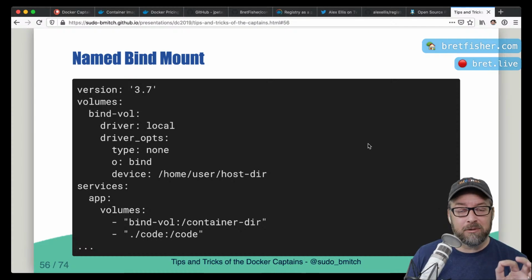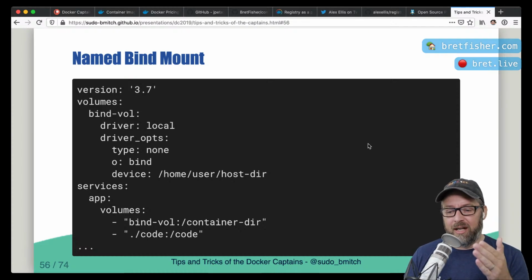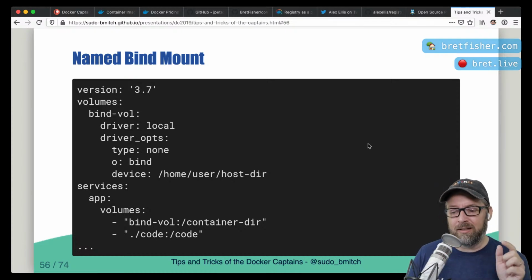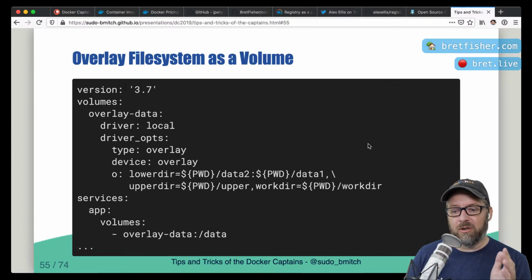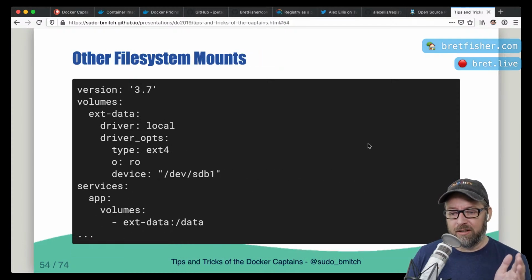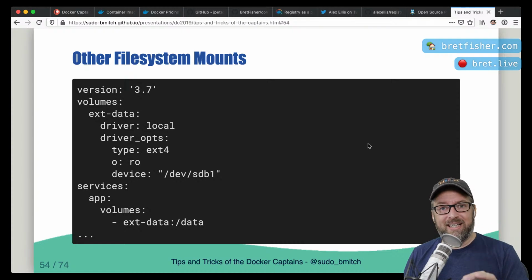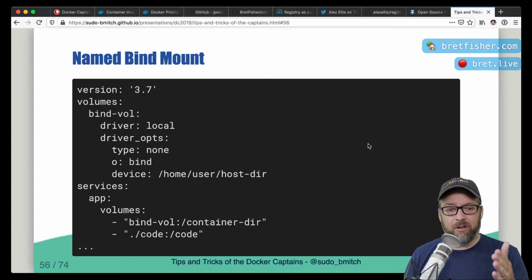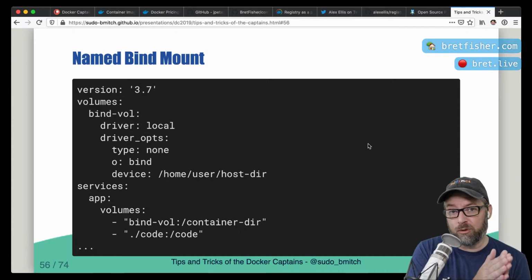Yeah, so this is also a named bind mount. This is a bind mount where I also can give it a name. The cool thing is bind mounts are normally outside of the Docker volumes command, but this allows you to keep it inside the volumes command, so you can use the volumes command on it, but it also changes the location. So this one is good for dedicating to a different mount, and the named bind mount is good if you want to put it on that same drive, that same mount point, but you just want a different location, right? Anyway, that's a really cool one.